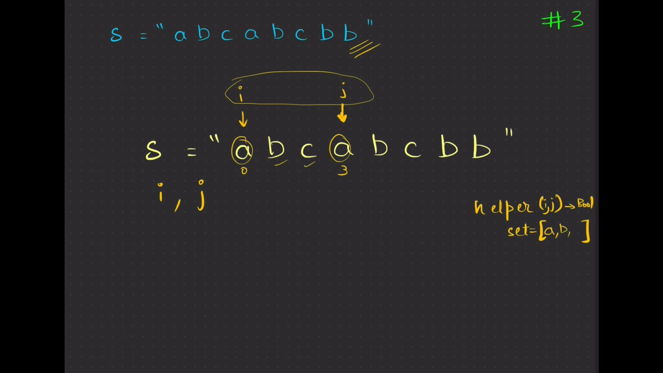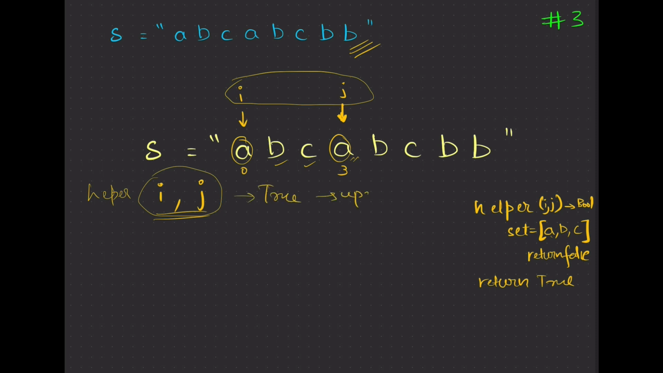C, it's not there in the set, we add it in here. And then we see A, which is already there in the set. So once we see a repeating element, we immediately return false. And if we never see a repeating element, we return true. Remember, we were looping through all of these indexes. So once we call this helper function, if it returns true,